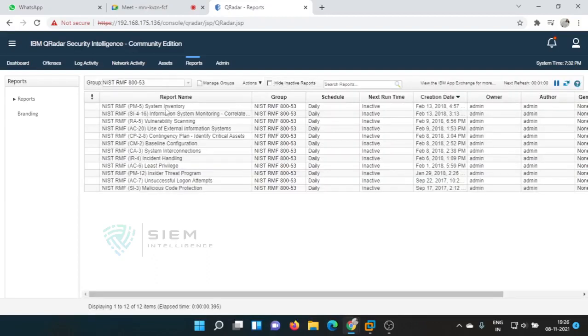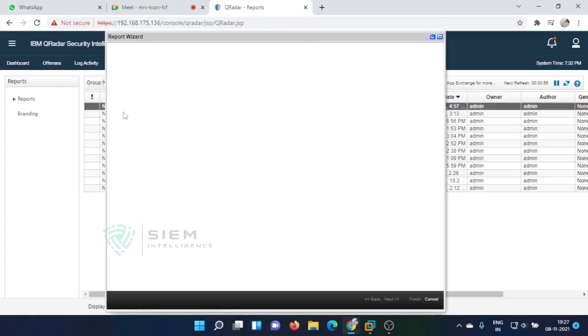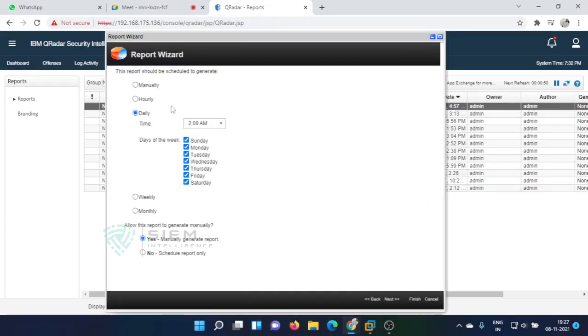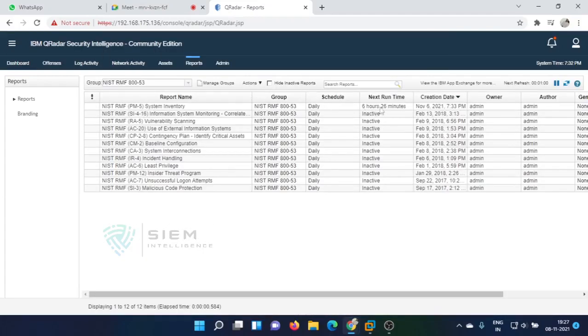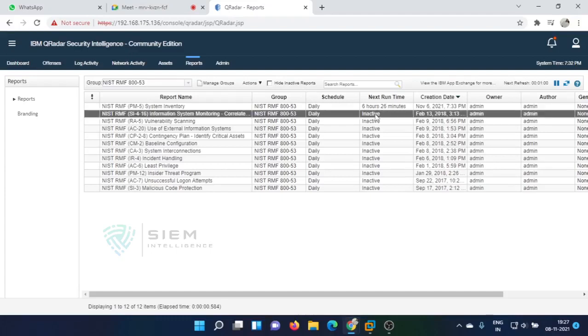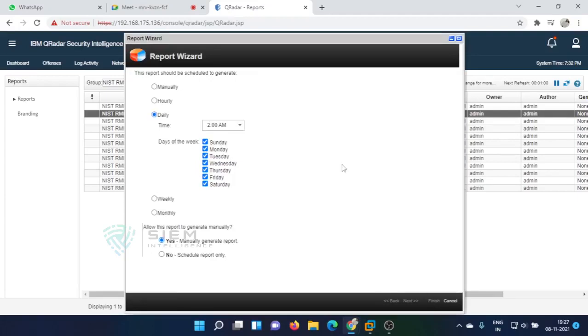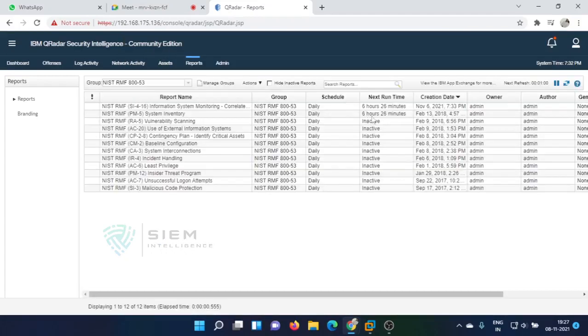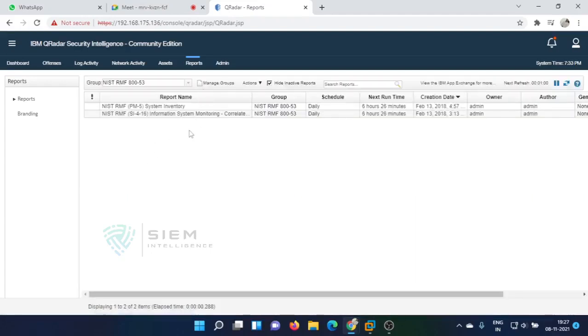Then what you will do, you just double click this and close. That means you are activating this particular report. Just double click and finish, no need to worry. Now it is activated. Right now if it is in inactive mode, I double click this and finish, and now it will be activated. If you hide now, these two will not be in hide state, because it is now activated.